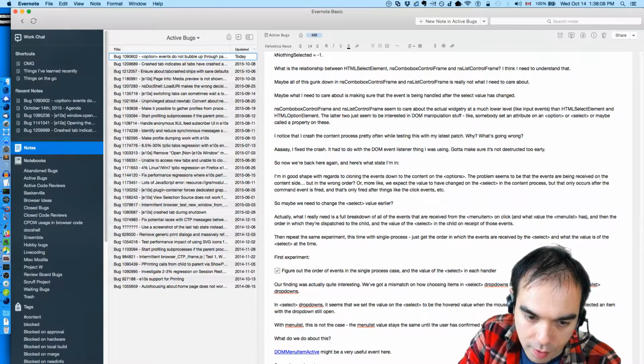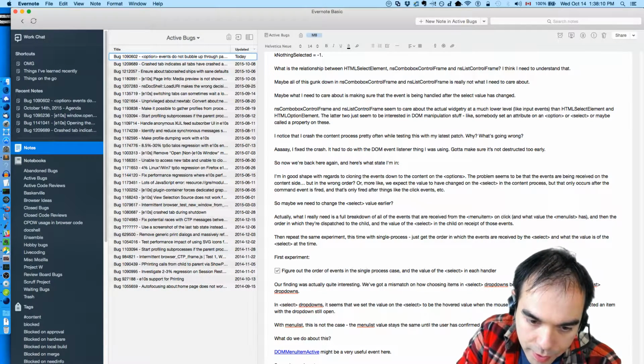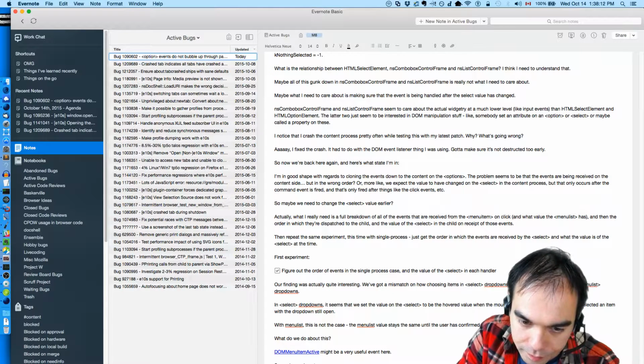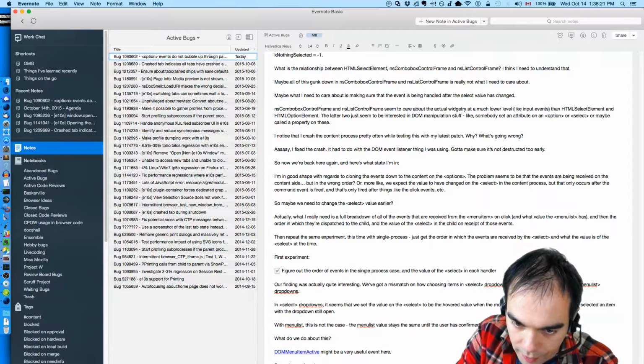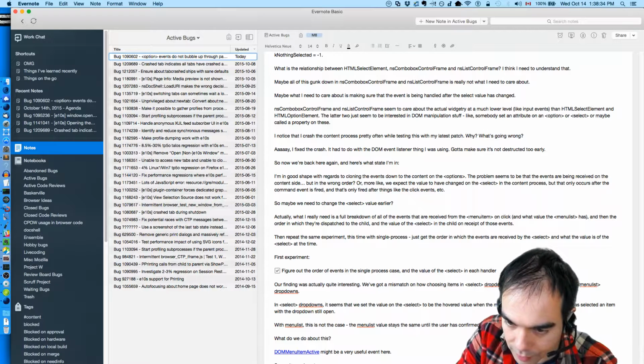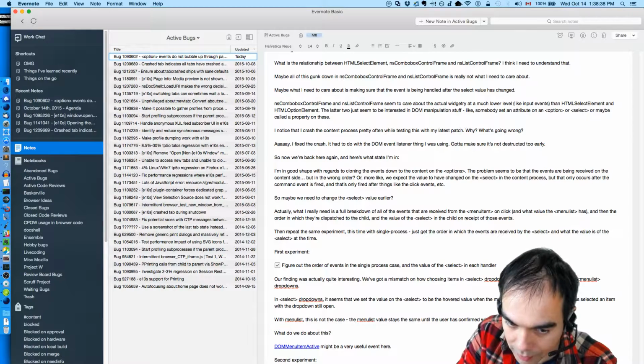The problem with sending down the change value, the DOM menu item active value, is that it's changing the appearance of the select toggle with every item I hover over, which is not the correct behavior.